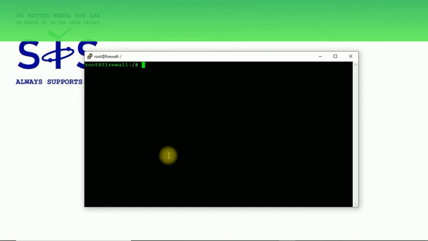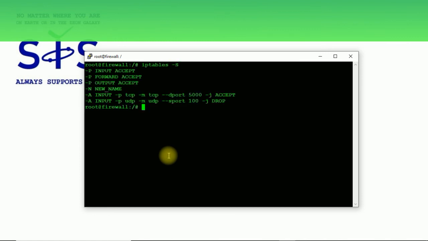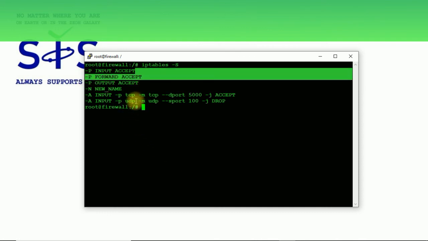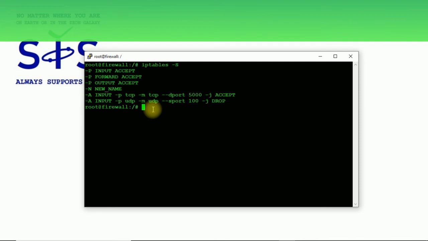How to change a default policy for the chain? Like you know, our default policies are accept whole traffic. If we want to change, for example, traffic for forward connection to be dropped, so we don't want any users logged on into the LAN network to, for example, browse the internet or do anything else that uses TCP or UDP connections, we can do that.